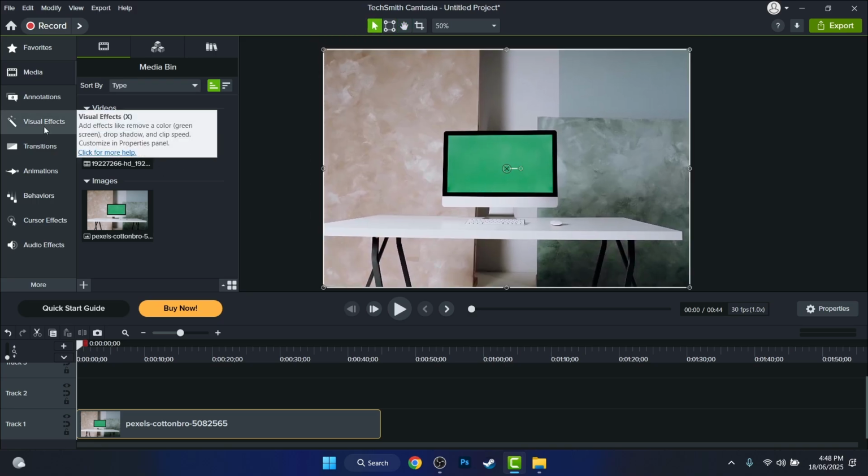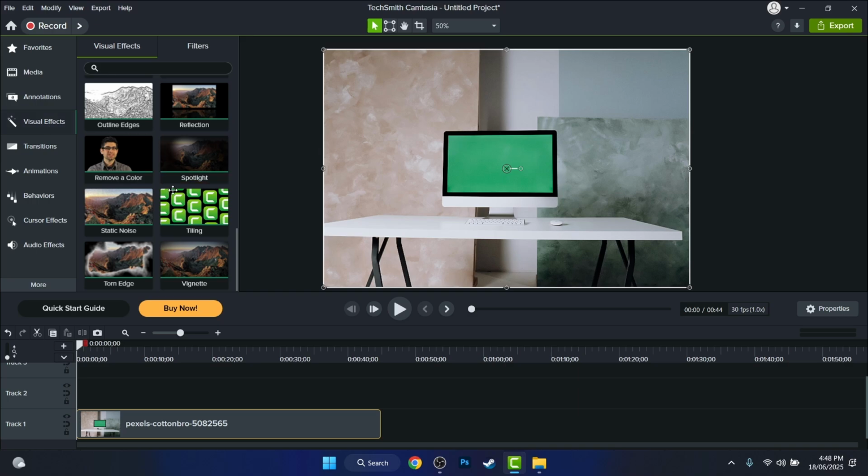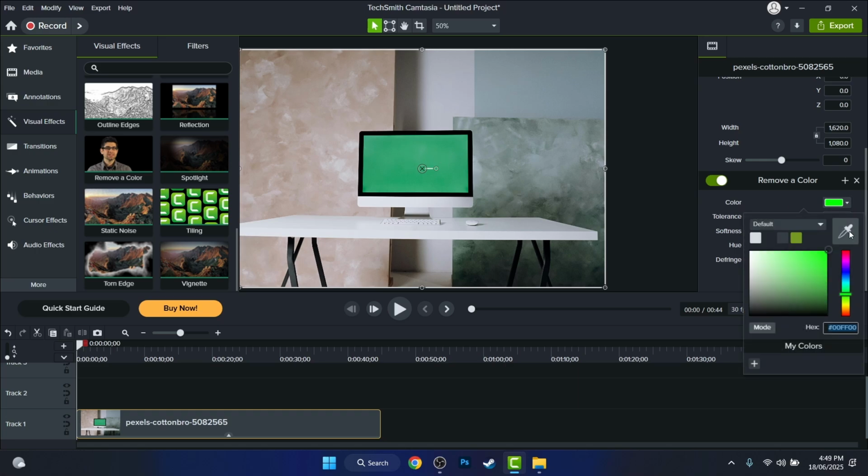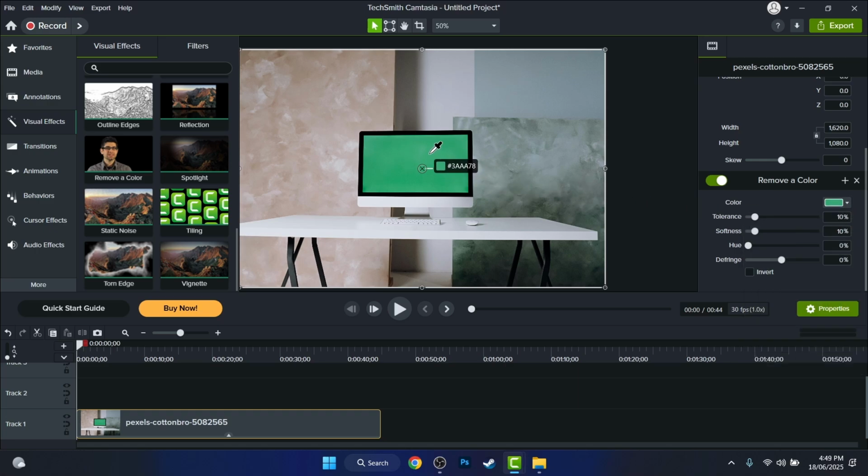Well, on the menu from the left, you can notice Visual Studio. If you scroll all the way down to the bottom, you can find Remove Color. You either select the video, then right click on it, or you can also drag and drop it on the video. Now let's continue. I will open the properties menu from the right, and we have to select a color. We have to tell Camtasia which color I want to remove. I don't want any other color to be removed, just this bright green. So I will press here on color and use this tool right here to tell Camtasia which color I want